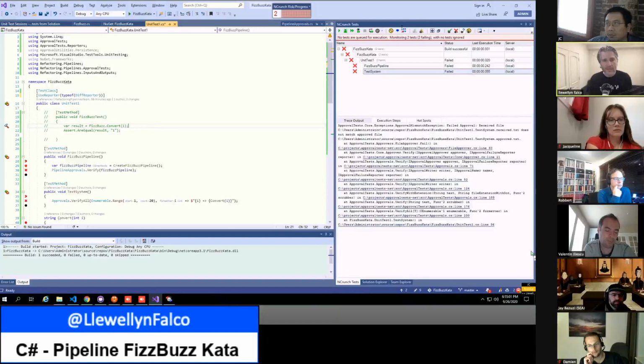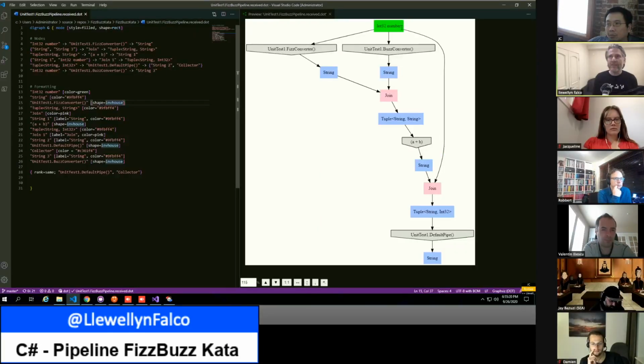So here we have the receive pipeline, which we are seeing visualized because my brain is not great at parsing a dot file, right? But it's great at parsing the visualization of a dot file. So the file that's being created is this text over here, but that's not so helpful for me.